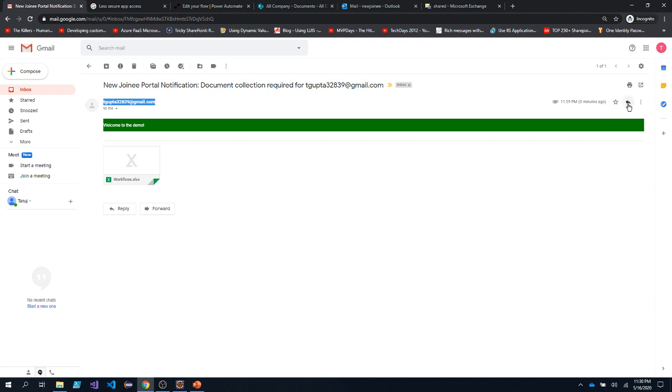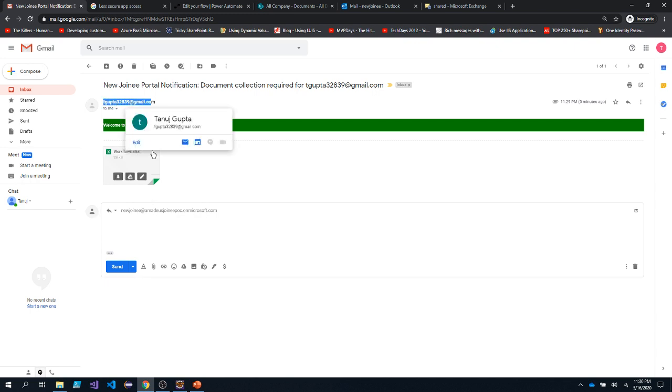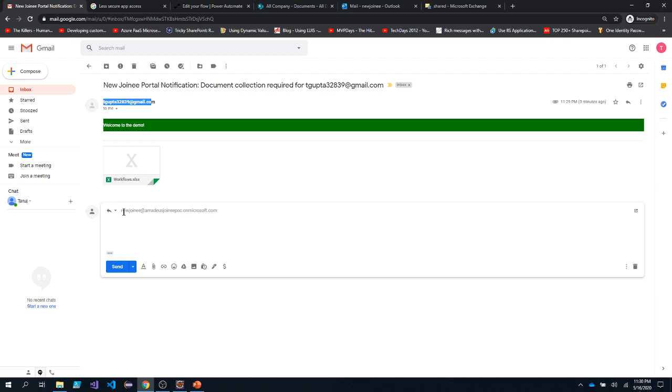But upon clicking on the reply option, you see that it is not T Gupta like this particular email address. It is having the shared mailbox email address. This is one shared mailbox that we have created in our Office 365 environment.